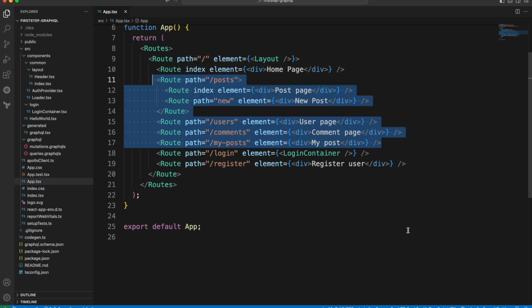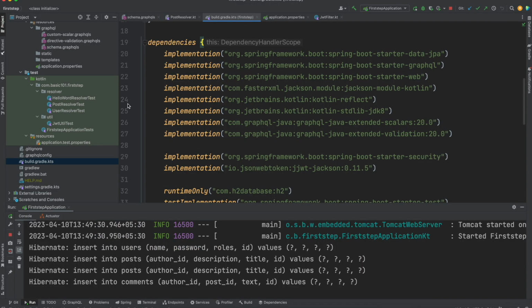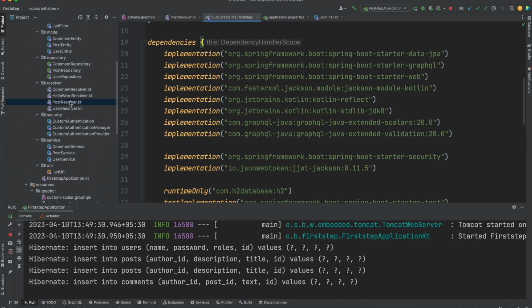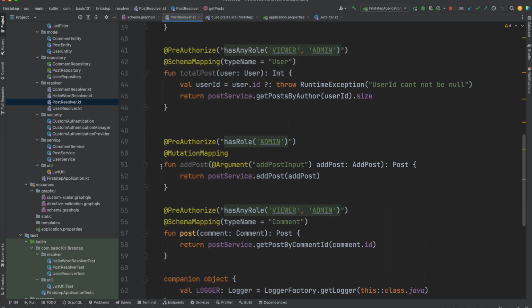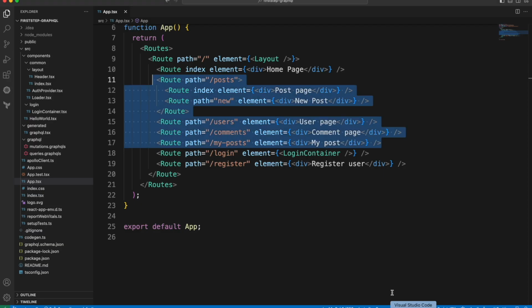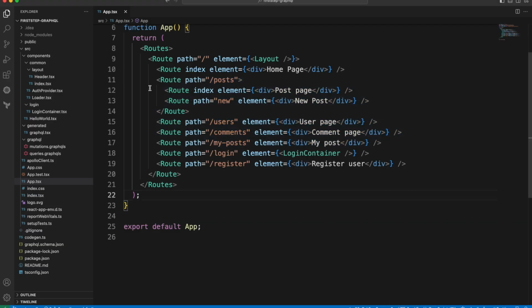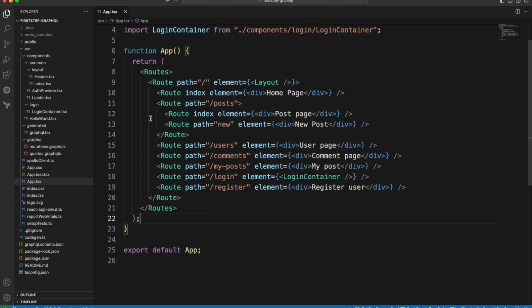One more thing: on the backend side, let me open the post resolver. Inside the post resolver, to perform this add post operation, the user first needs to be authenticated and also needs to have the admin role. Only after that will the user be able to perform this operation. So how can we have this type of setup? Let's start. Just as a hint, if you see this type of pattern,